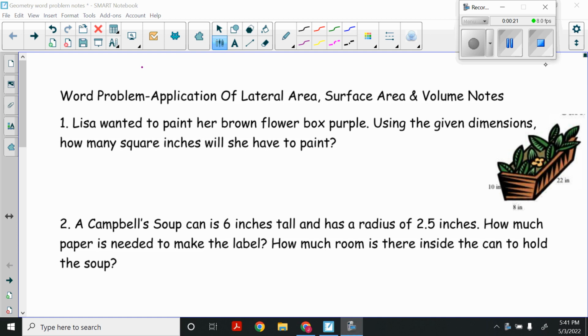So we see that this is a rectangular prism, but we're not going to be painting the top, right? So it's a rectangular prism with only one base, okay? If we want to paint just the sides, then we're looking at lateral area. So lateral area of a rectangular prism is simply the perimeter times the height. So our lateral area would equal